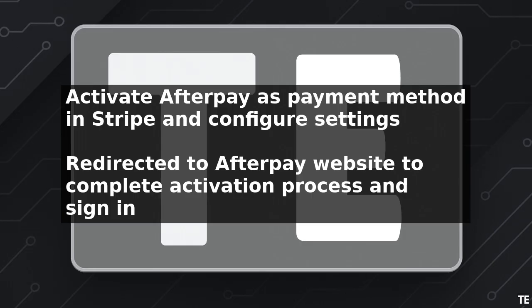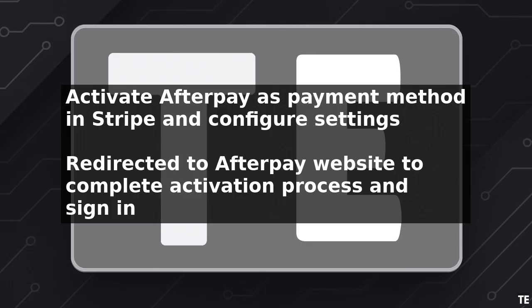After activating Afterpay, go back to your Stripe account and click on the Payments tab. Click on Payment Methods and then click on Afterpay to configure the settings. You can choose the countries where you want to offer Afterpay as a payment method and set the minimum and